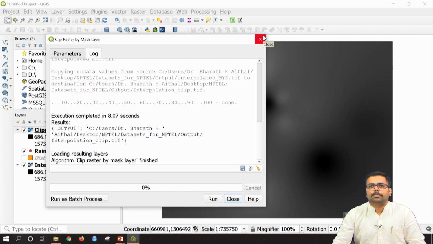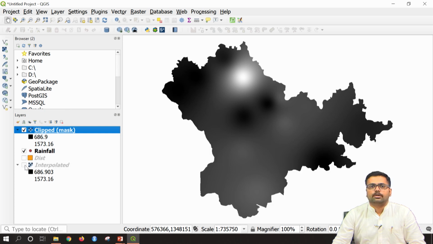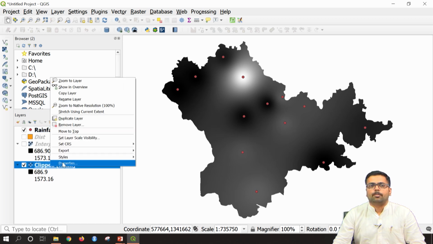So, the clipping operation is done, you can close this. Now, I will just turn off this interpolated map. So, now you can see it has been clipped exactly according to our district shapefile. I will bring it down so that you can visualize better. Now, the last task is to assign colors for this particular map. So, to do that I will go to clipped, go to properties.